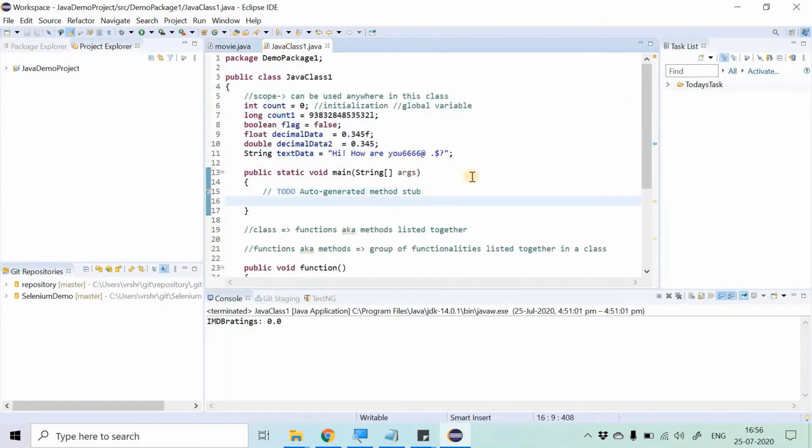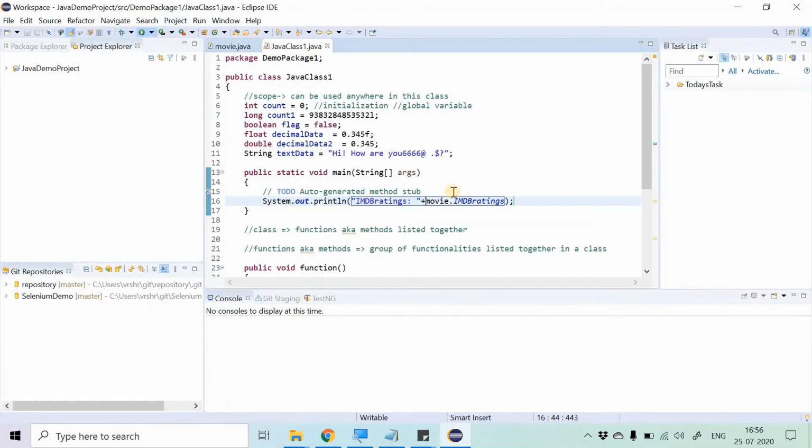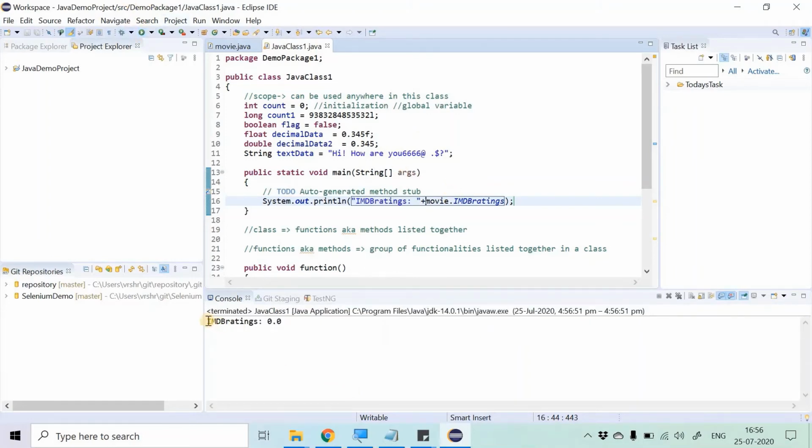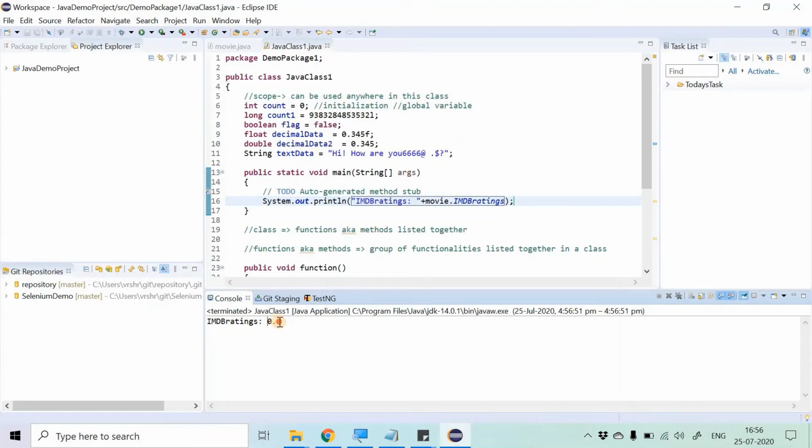Now for that, go to Java class 1, write a SYSO statement, and with the help of the movie class, just call the IMDb ratings. Let us just add a string so that we can understand which variable we are trying to display in the console. So yes, you can see that the IMDb ratings is 0.0.